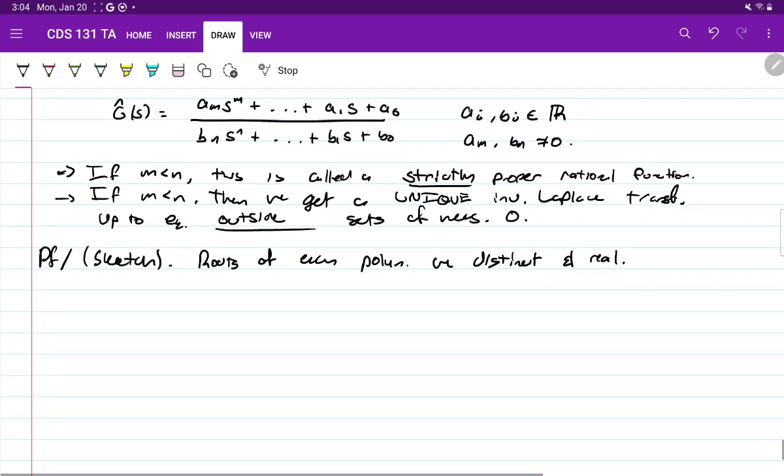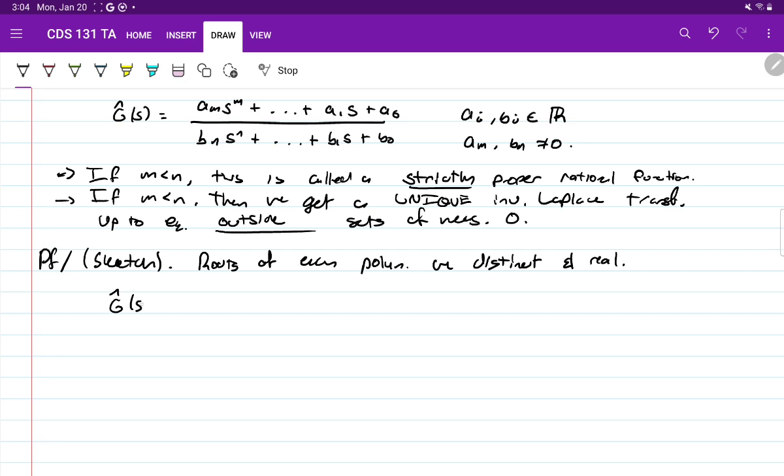So in this case, I would be able to factor this as follows: s minus the first root, let me call this s_1,a, and multiply this out, s minus s_m,a, where each of these are fixed numbers representing each of the m real roots, right? The denominator, I could do something similar,